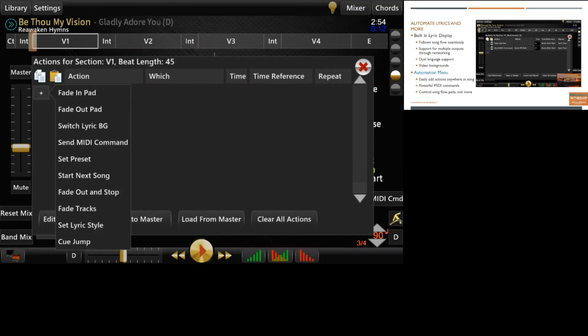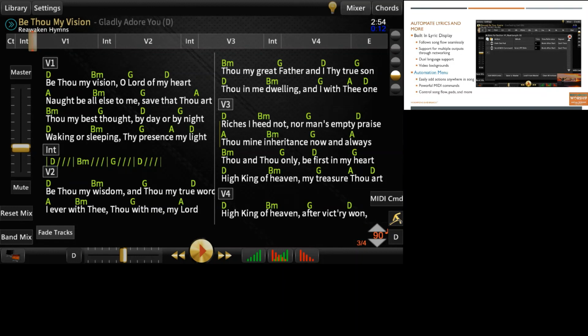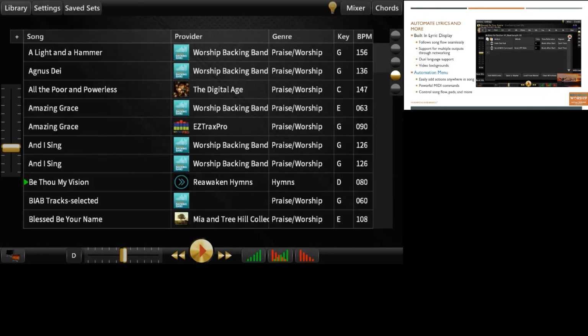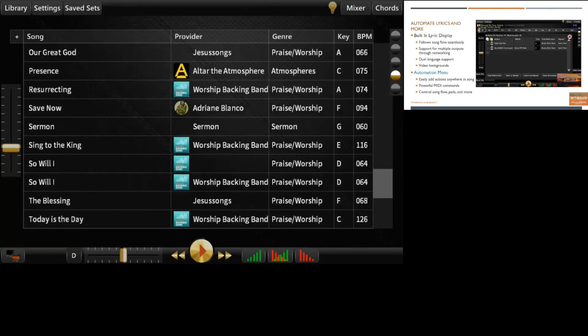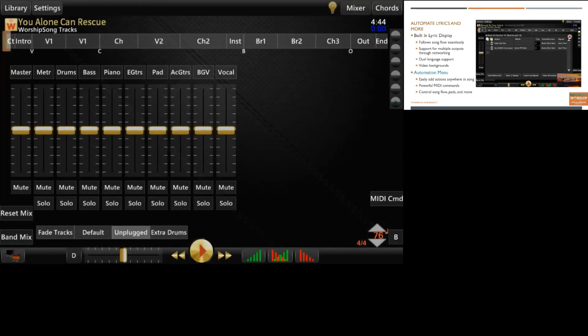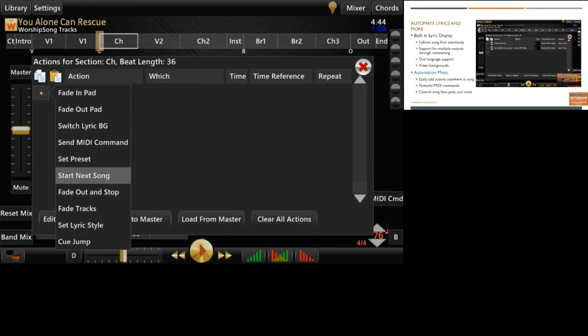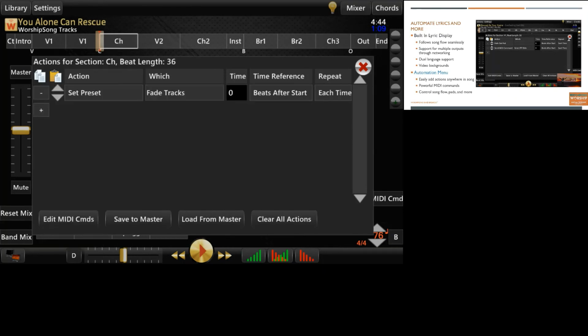And there's also a set preset, basically. The presets are basically preset mixes that are set up, like you can have an acoustic mix or something like that. I think one of these songs has some setup, so I can show you real quick. I'll go to this song. So there are some preset mixes on here. So like I can click unplugged and go to a different mix. I can go extra drums and go to a different mix, etc. And you can take those on a section action. So I could say in the chorus, I want to set preset. The one I want is unplugged, and I want it to happen at 0 beats after the start of the